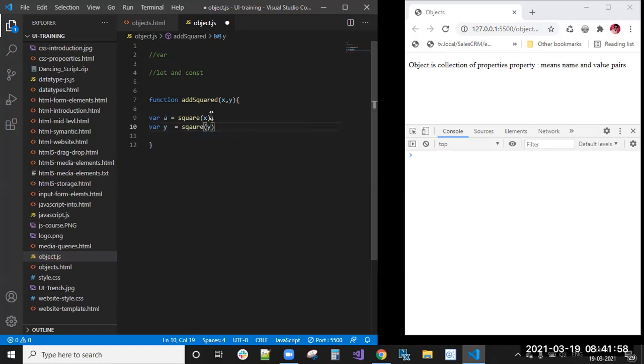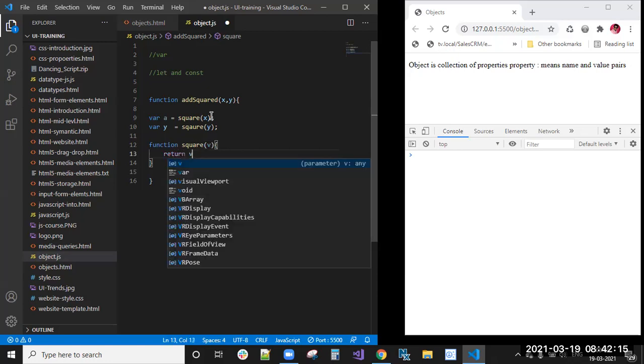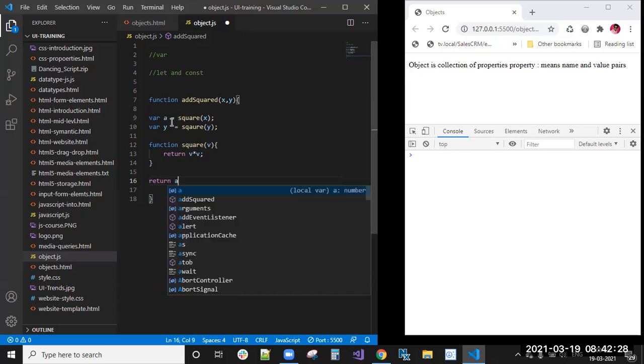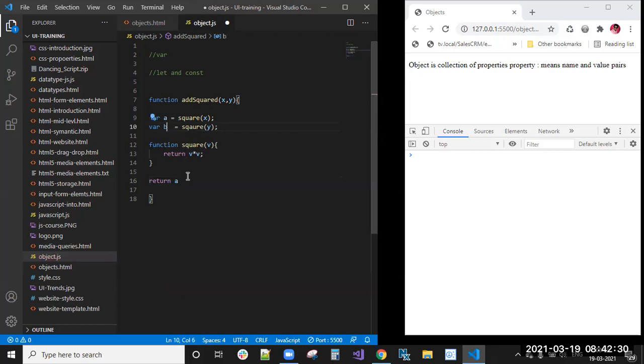Now this square function we need to write like function square of v, which will return v star v. Finally, this function will return a plus b.